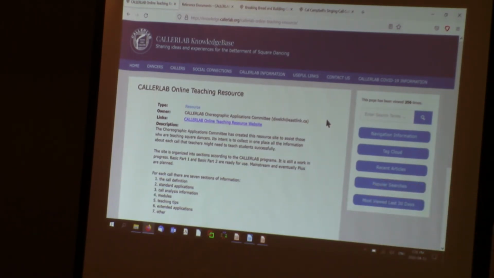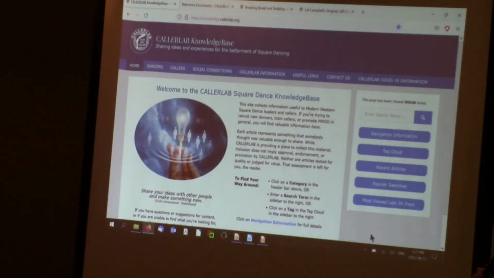Okay. So you can see how, if you knew that this site existed that had all this community dance stuff on it, how would you find it? How do you think you would find it? So you're planning a party night, and you want to find material that you can use for a party night. Give me an idea how you might approach it. I have to type in knowledge.callerlab.org. Yup, and that gets you your way through this mess. I'm sorry, I call it a mess, but for me, it's a mess right now.